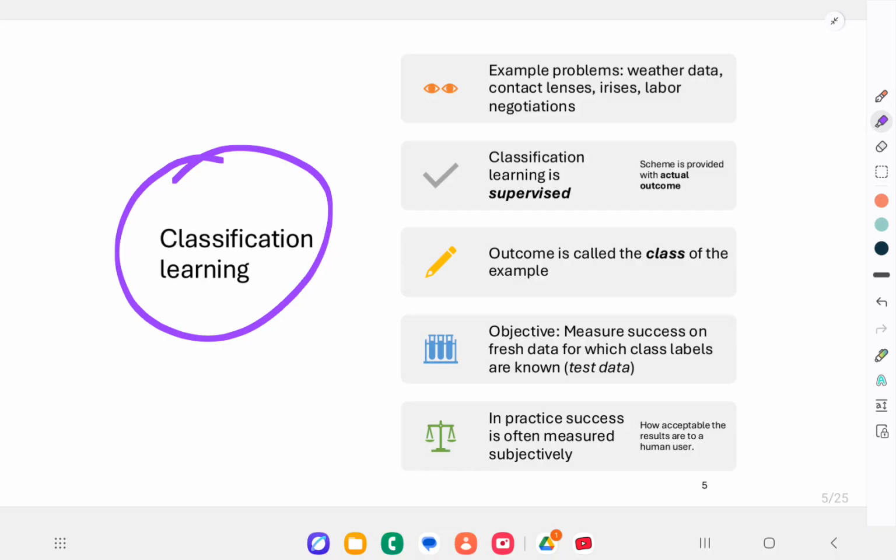So we are guiding the learning process. The model isn't just exploring the data without any aim. It's learning with directions, right? It knows the right answer during training and tries to adjust its internal rules or parameters to match them as closely as possible. So for example, if a record says a customer used a coupon, visited the website, and made a purchase, the model sees the features and the result for this one is purchase yes. So the model will use this labeled instance to improve its decision-making logic in order to predict whether a new customer will purchase or not, right?